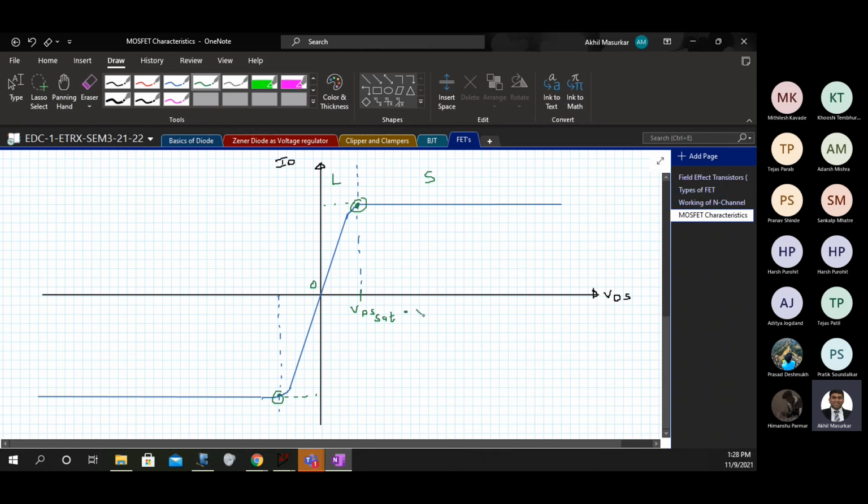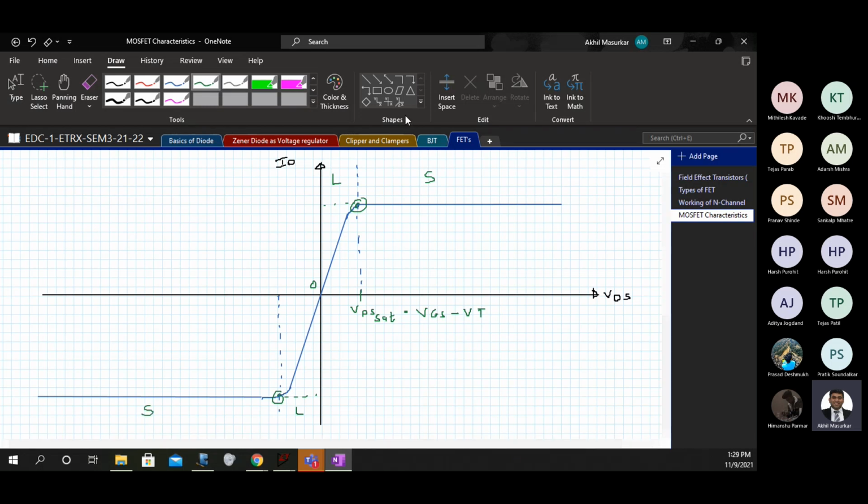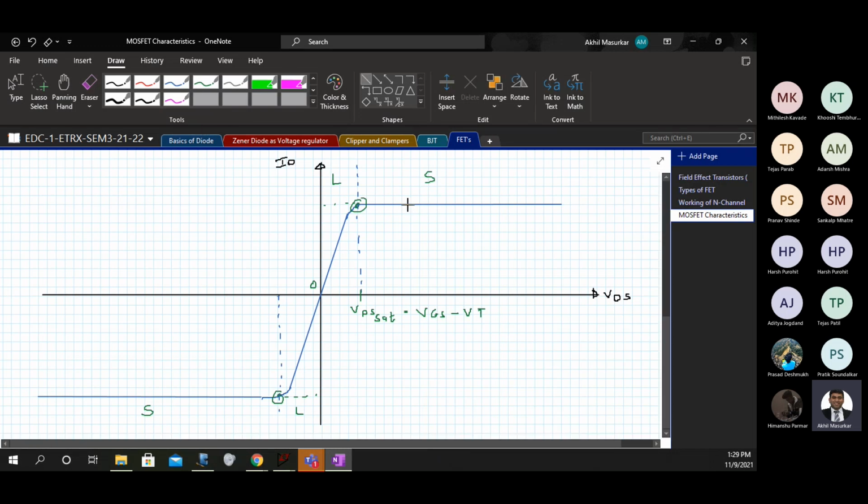This value is nothing but VGS minus VT. So this is linear, this is saturation. This blue characteristic that you are seeing is for an enhancement type transistor.